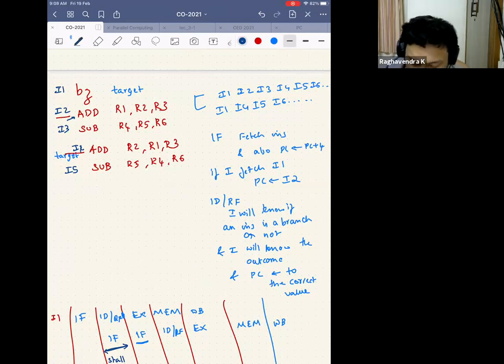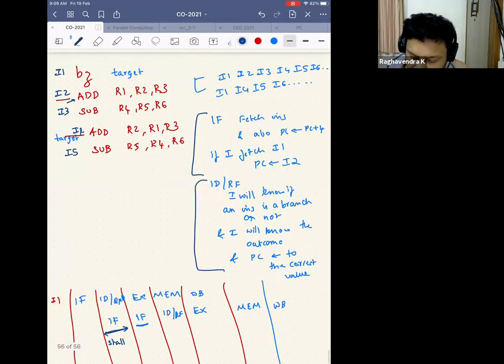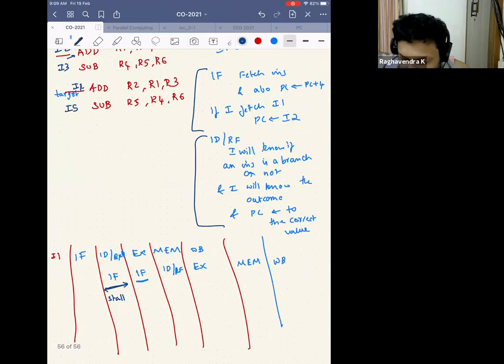So this is a stream of instructions, and we saw what happens in an instruction fetch stage and what happens in an instruction decode register fetch stage, and we said that the simplest way to handle the branch instructions in a pipeline is this: I execute the first instruction, and for the second instruction, I do an instruction fetch. But as soon as I know that the first one is a branch instruction, I just reissue the instruction fetch. There is always a stall, because whenever there is a branch instruction, there is a stall.